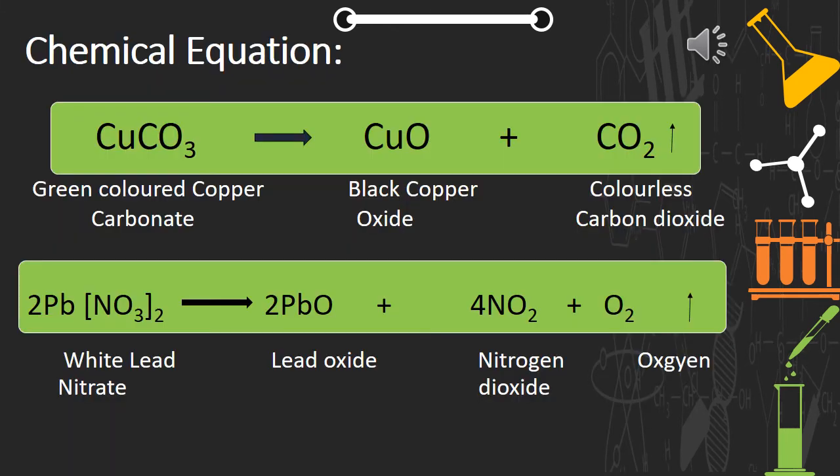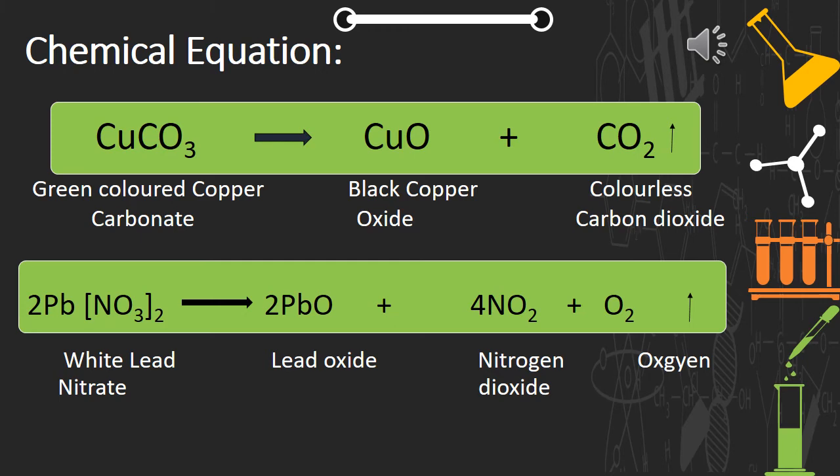Okay, now let's see how a chemical equation is written. I'll first tell you the chemical reaction. When green colored copper carbonate is heated strongly, a new substance is formed, that is copper oxide, which is black in color, with a colorless carbon dioxide gas. Now this is the reaction. This reaction is represented in symbolic form. If you see the first example,